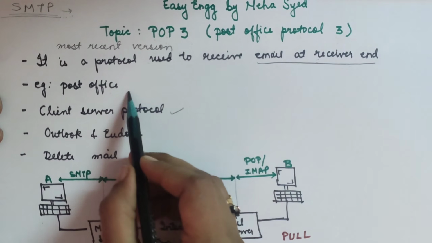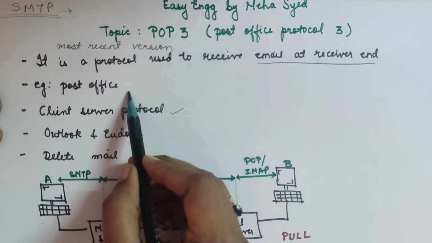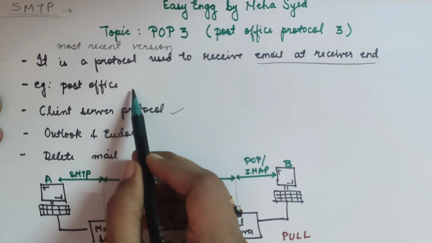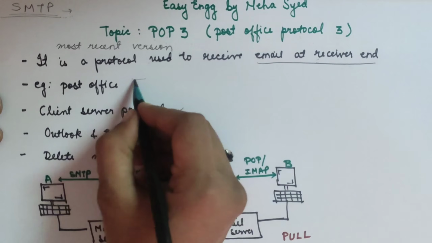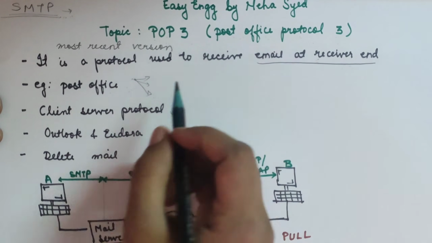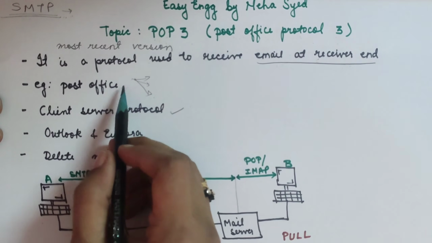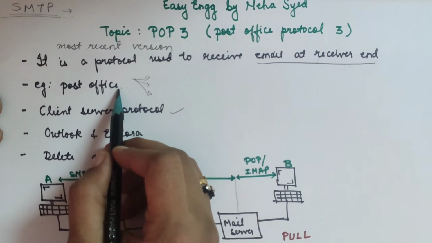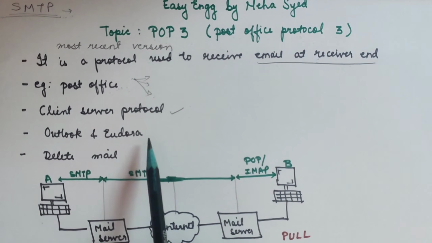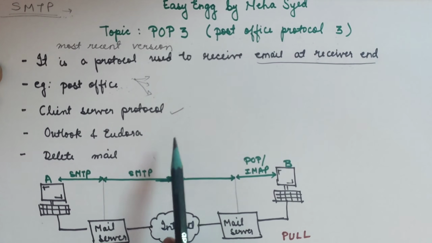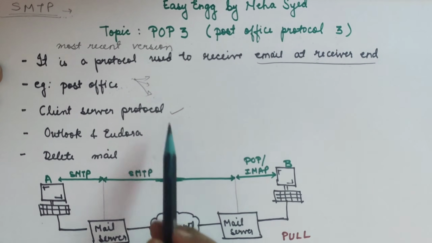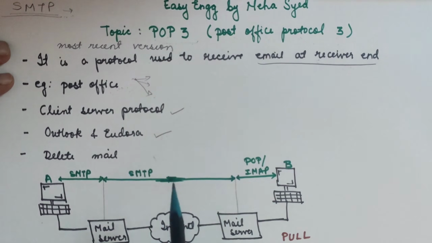You can take an example of a post office, it is very similar to the concept of a post office. Whenever any letter comes, first it is going to be sent to the post office, and from that it is going to be transferred to the individual addresses. So Post Office Protocol works in a very similar way to this post office. And you can also check the mail in a mailbox on a server, and then you can download it with the help of POP3 only.